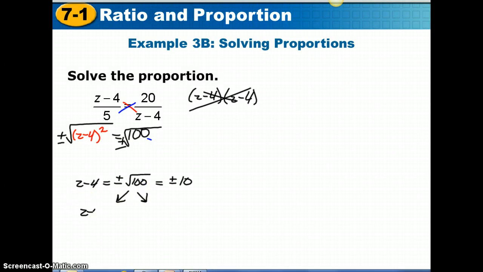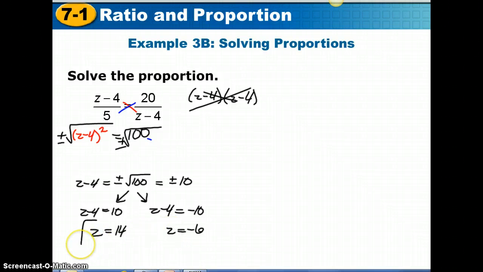Either z minus 4 equals positive 10, or z minus 4 equals negative 10. In this equation, if you add 4 to both sides, z would be 14. But in this equation, if we add 4 to both sides, z would be negative 6. These are the two answers we get for z